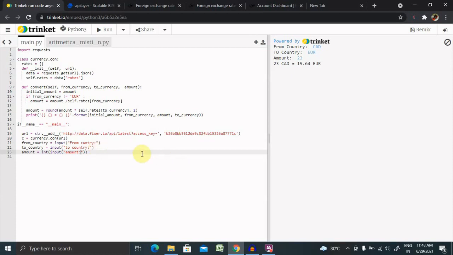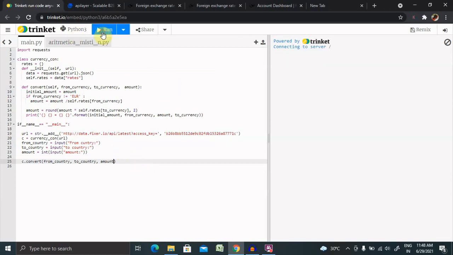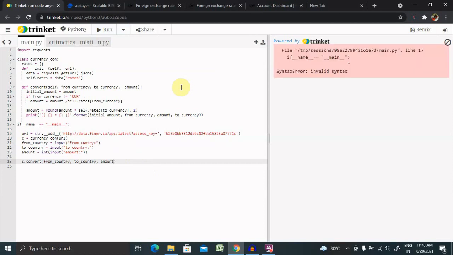Now we are done. Let's convert this value. So C dot convert, from country, comma, to country and the amount. Now we are done. Let's run this and see the result, how it looks.